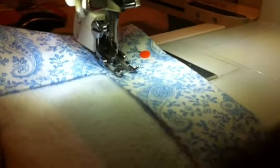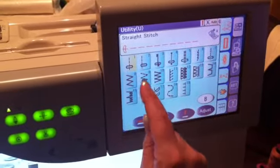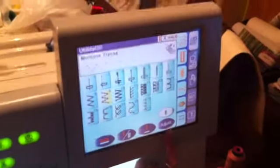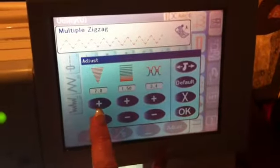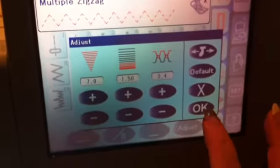The stitch we're going to select, if we go into our sewing screen, I'm going to select stitch number 9. It looks like 3 stitches on the zig and 3 on the zag. So number 9. And it shows you the stitch. If I go into adjust, this is where we could change the width and length of the stitch. The default setting is 7 and the length is 1.5, and I'm happy with that, so I'm going to say